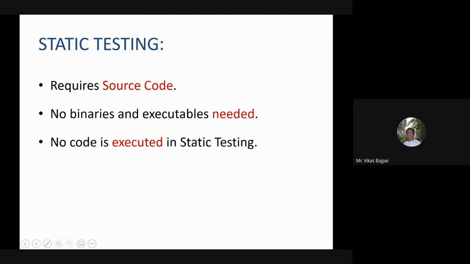So to start with, we have static testing, and in this case, we will be dealing with a piece of code, but we will not be executing it.